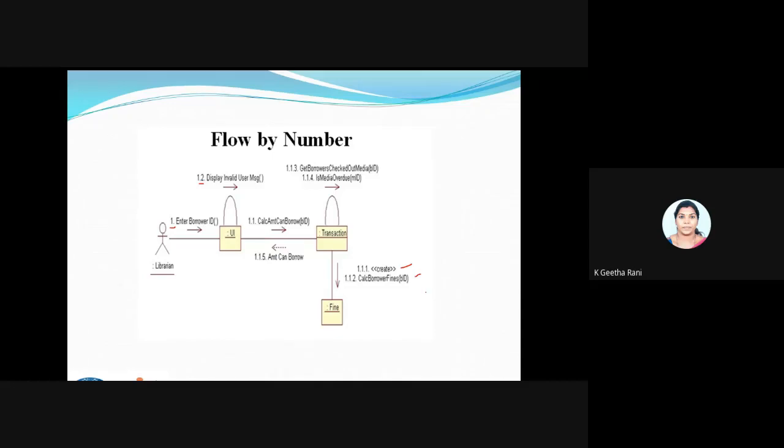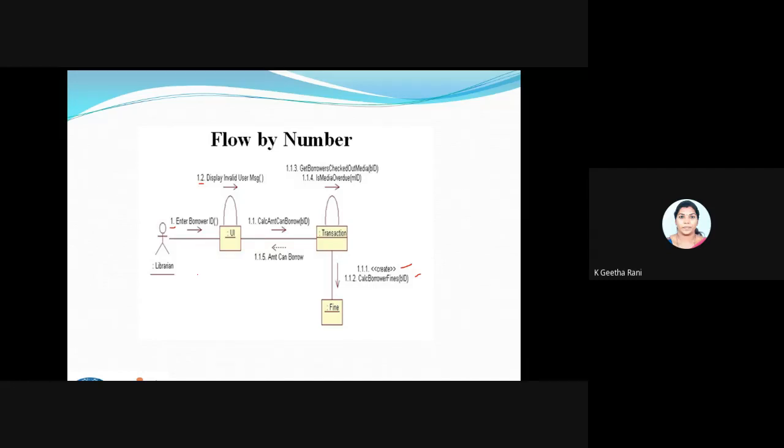The second point is that in a sequence diagram, when I pass a message, there is no need to specify the number for each and every message, because obviously the messages will be in order one by one. But in a collaboration diagram we have to specify this number.